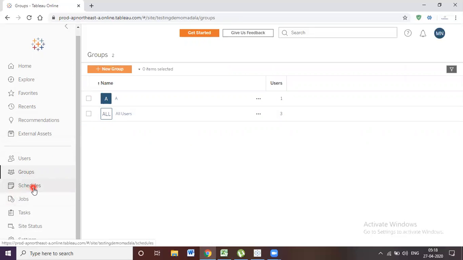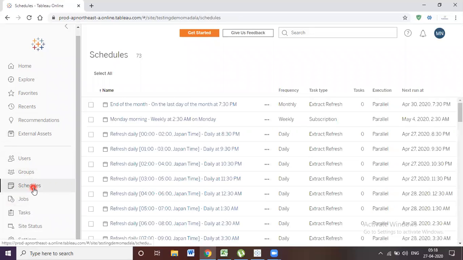And coming to schedules. Schedules means if you are going to create a schedule for an extract, for example if you have published some data source and you want it to run on the server at such and such time. And if you have embedded data sources, if any workbook contains embedded data sources and you want to schedule those data sources, that time we schedule the workbook, not the data source.